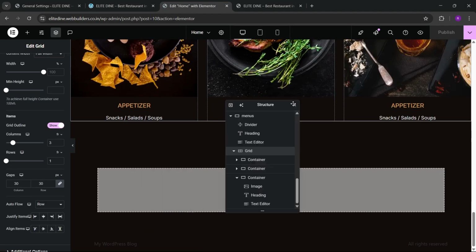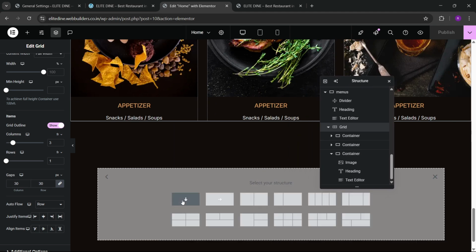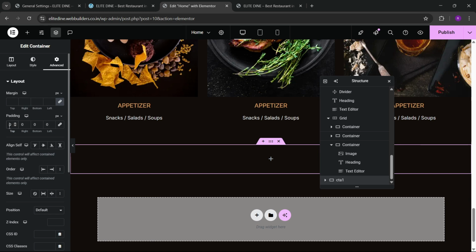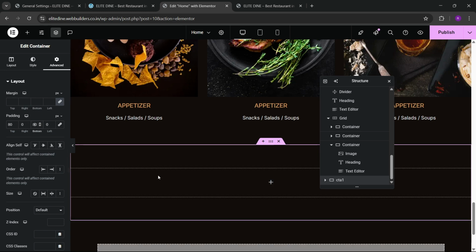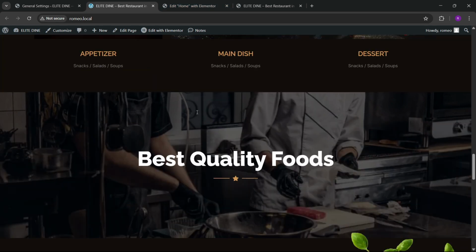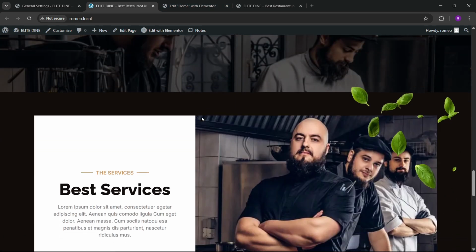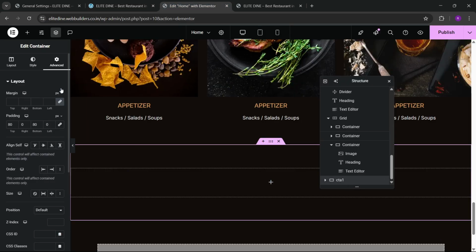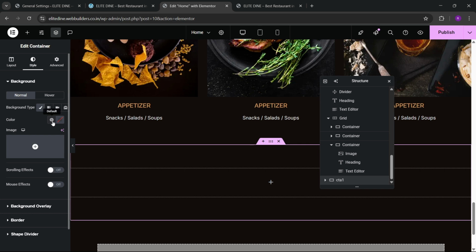So for city section, let's go below, and here we're gonna add a new container, and let's rename this CTA1. Now we're gonna make this 1300, and we can go to the advanced, and here we're gonna make this 80, and this would be 80 also. You can see that here we have this background sticky always, and we can scroll on this. So for this type of effect we have to first choose the image. So let's choose the image,